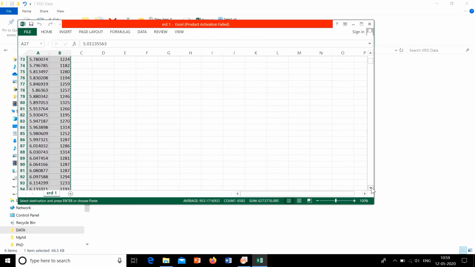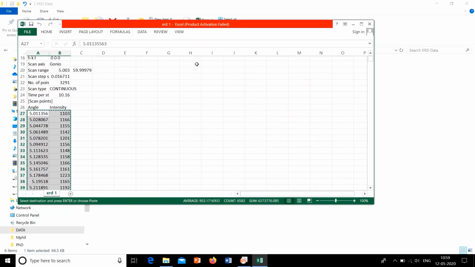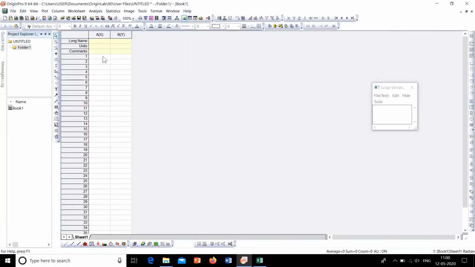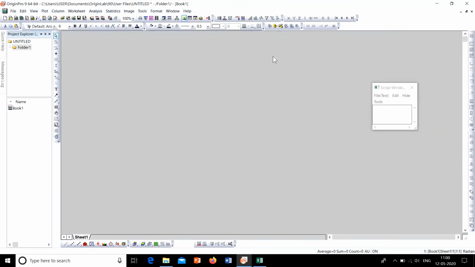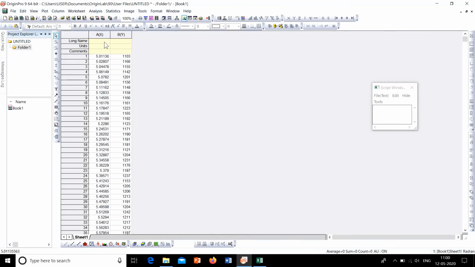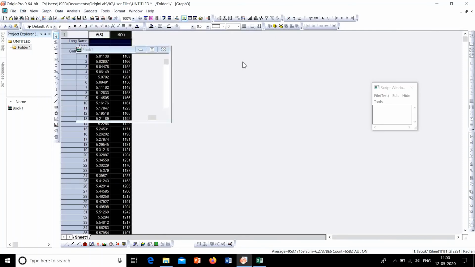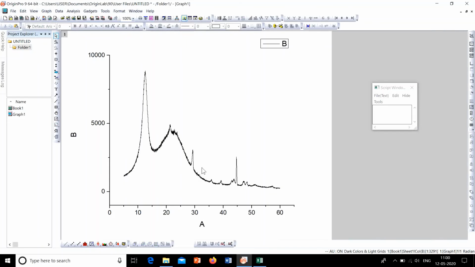So we have selected the data from here. Now copy this data. Then go to the origin workbook. Select the first column and paste the data there. So you can see that x and y value is pasted here from some sort of text data. So now naming you can do, and just we can try plotting that to see whether it is working well. Yeah, it's going good. So XID is plotted here.